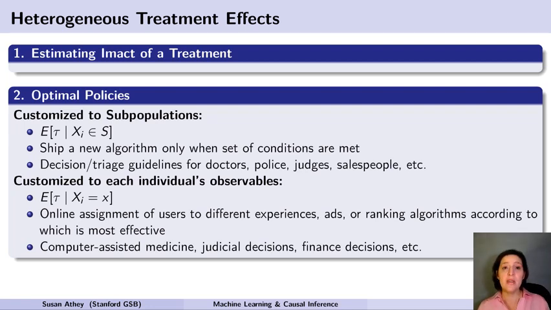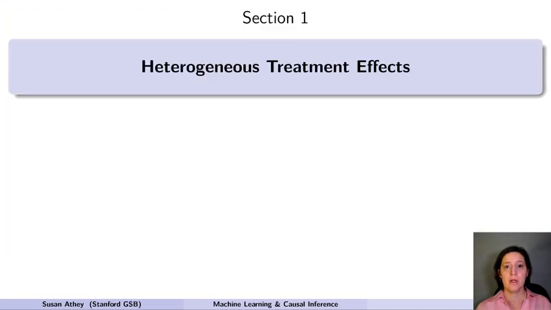In this lecture, I'm not going to go through the methods for optimal treatment assignment policies. That will come in a subsequent lecture, but I want to highlight that the problem of heterogeneous treatment effects is an input to understanding optimal treatment assignment policies. That's one application of heterogeneous treatment effects. But you can still be interested in understanding treatment effect heterogeneity, for example, in order to motivate future innovation, even if you're not going to use it to target treatment assignment policies. So without further ado, let's dive into the heterogeneous treatment effects section.